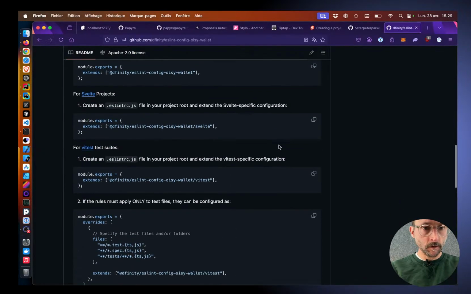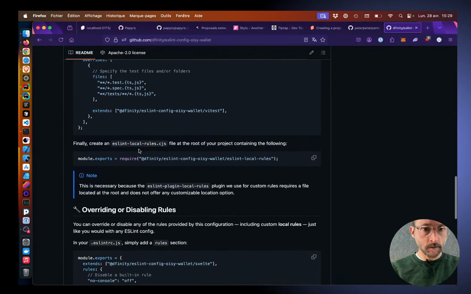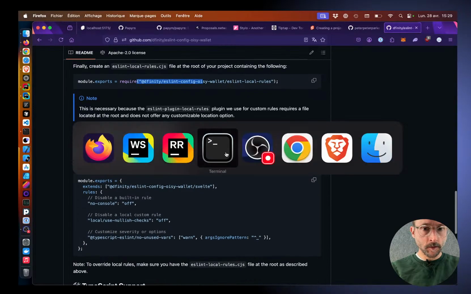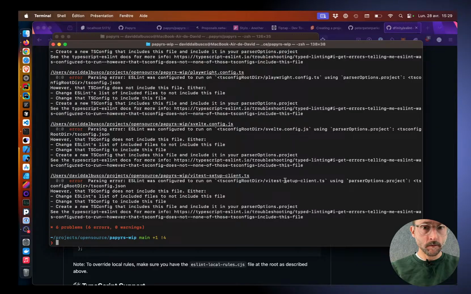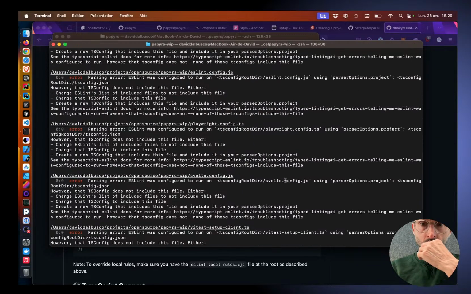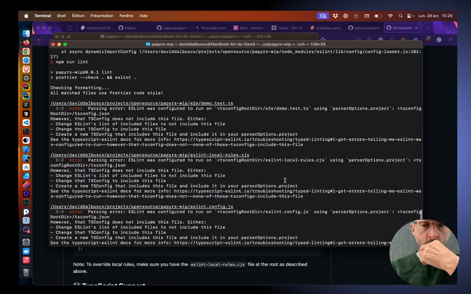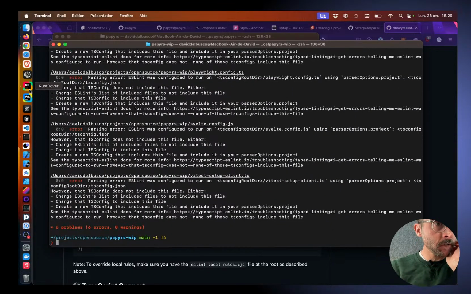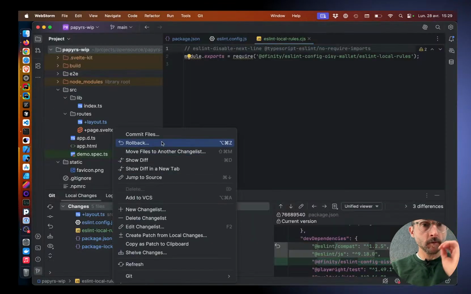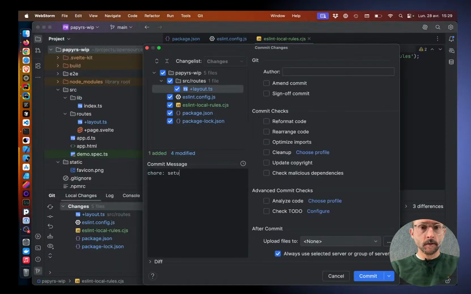That's explained in the README. Alright, and here what we're gonna have, yeah, it's because all those files are not yet there. Okay, I will resolve that offline, but I mean we are on the right path. So core setup ESLint, and